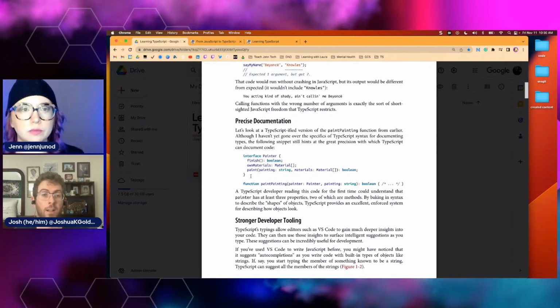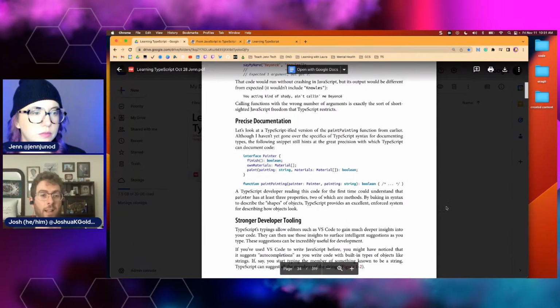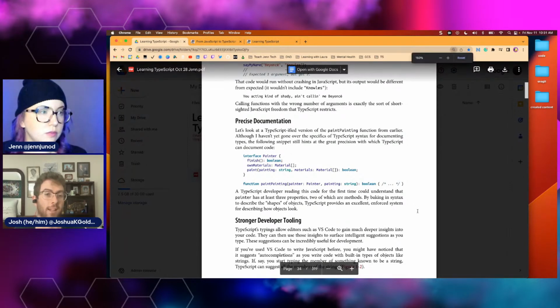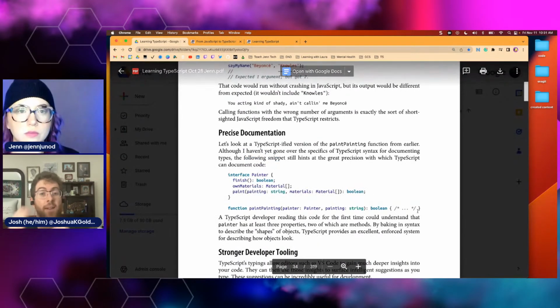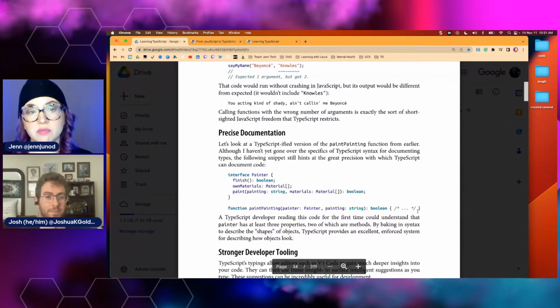Let's say you want to call something a painter, like a particular object: anything that you call a painter has to have these 3 things, finish, show materials, whatever. So if you say a place is supposed to receive a painter, and then you pass in a number or something, TypeScript would yell at you. Or if you pass in an object that doesn't have those 3 properties, or if it does but they look different, TypeScript would yell at you, which is good because it stops you from messing up.